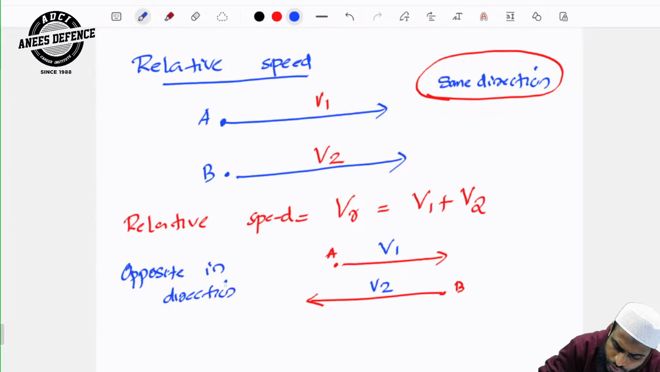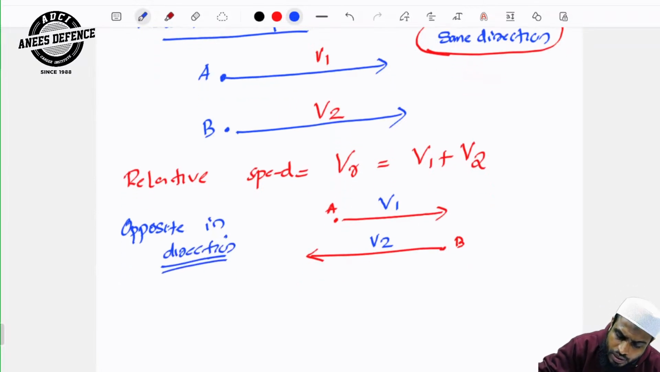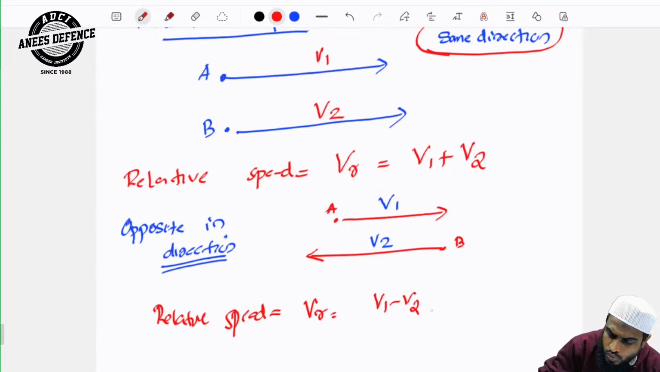Movement is opposite in direction. Here the relative speed can be represented as V1 minus V2. You should consider the magnitude because sometimes,